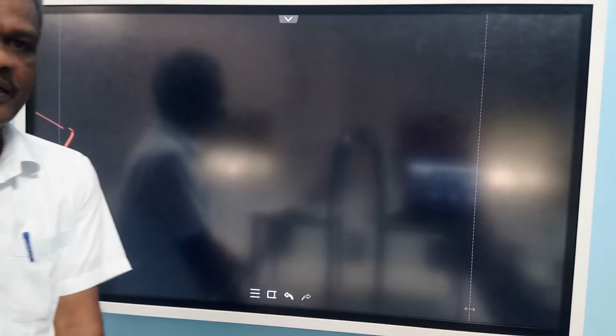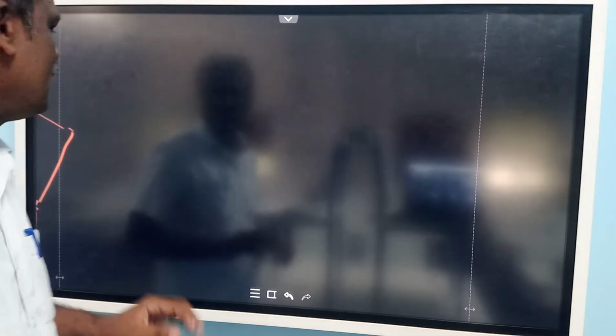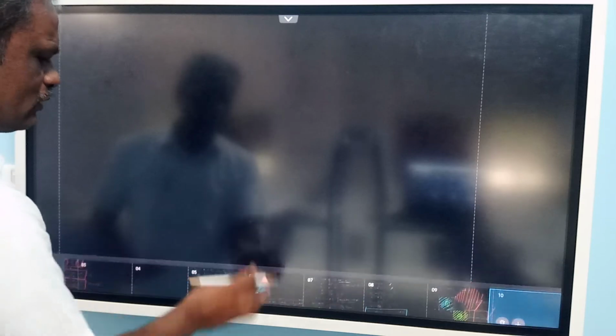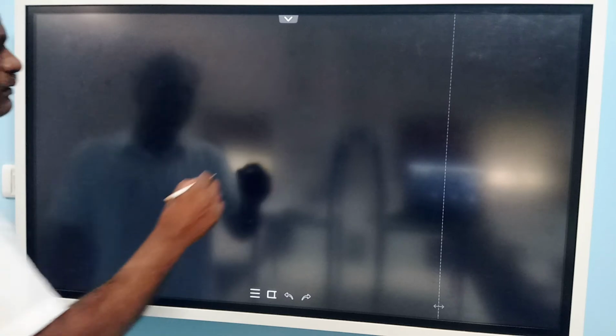To prove this Pythagoras theorem, I told you hundreds of proofs are there. Here we are going to use the similarity concept. We are going to show that the triangles are similar, and then we prove it. Using the similarity concept, we are going to find the proof of the Pythagoras theorem. So let us use that similarity criterion here.